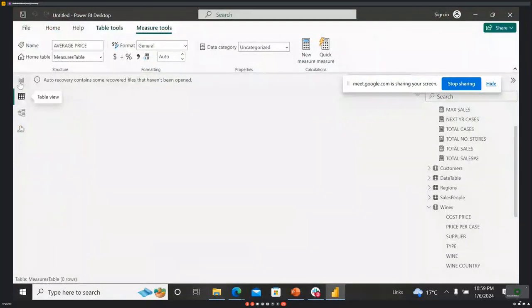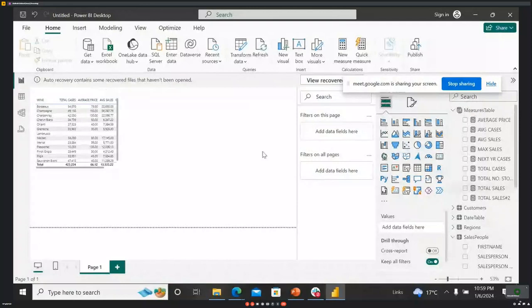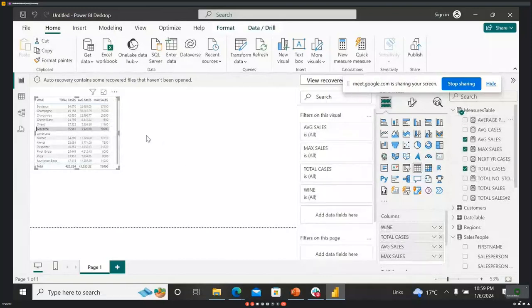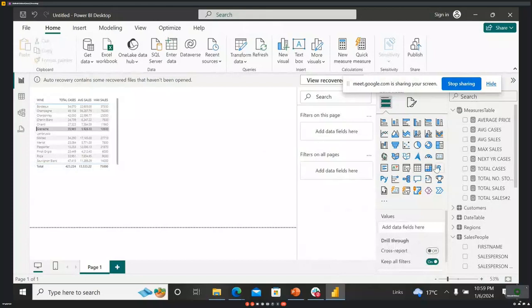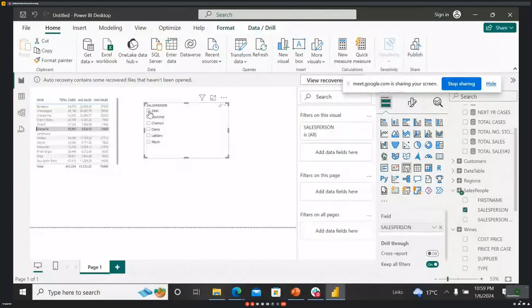So if I add another slicer, and this slicer I want to filter based on the salesperson, and if I click on Abel, for instance, will all these values change? What does that mean? If I use another filter, even if I use the filter pane, everything changes. In a situation where I want a measure, for instance total cases, and then average sales, but average sales is a measure, and whenever I change this other